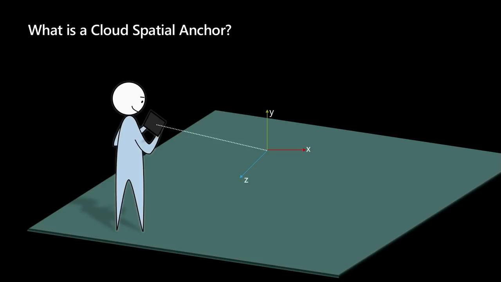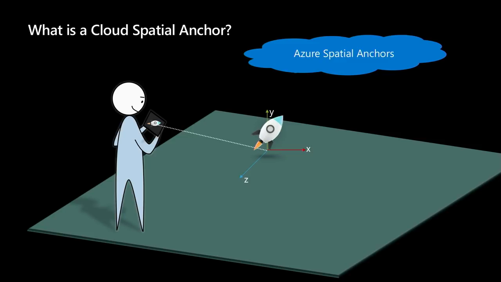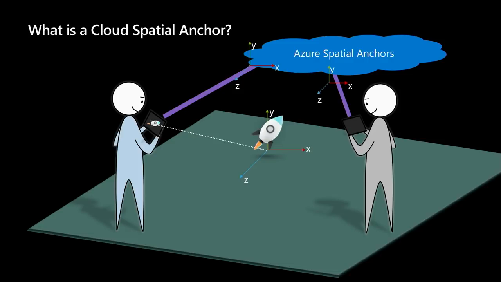A spatial anchor, like Renee discussed, is a common frame of reference between the digital and physical world. So you have this spatial anchor, and you can render a hologram there. The spatial anchor is that location, not the rocket ship. If you want to share that location with Azure Spatial Anchors, which I'm going to abbreviate to ASA from now on, you can send it up to ASA. And when your friend comes, they can get the location sent to them,